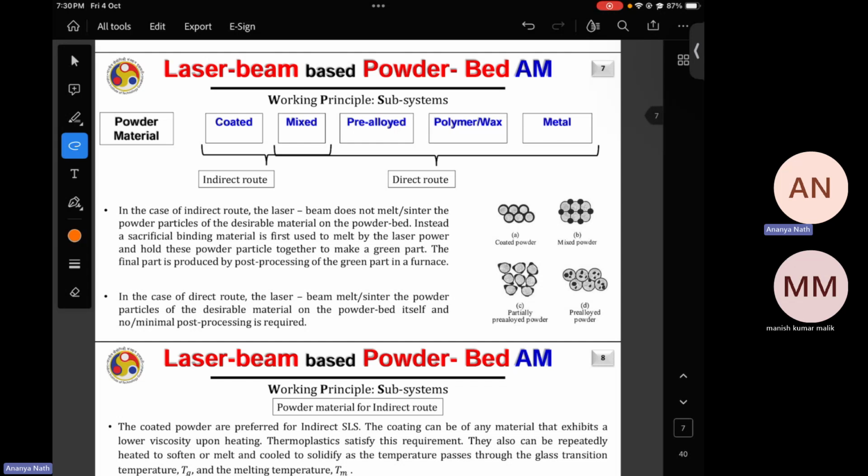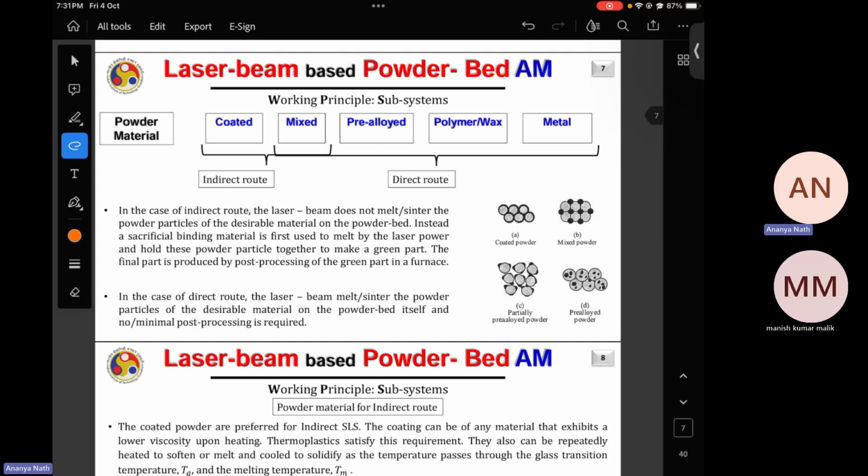The accuracy will be increased. The time will be more in that case to make the whole component, but your accuracy will be increased. And if you are using lesser powder particle size distribution, then another important thing is your layer height. You can also decrease the layer height. If you can somehow decrease the layer height, then again you can increase the accuracy of the printing. But at the same time, the time of the printing will increase, so the cost of the printing will also increase.